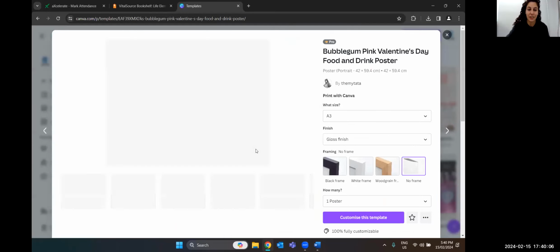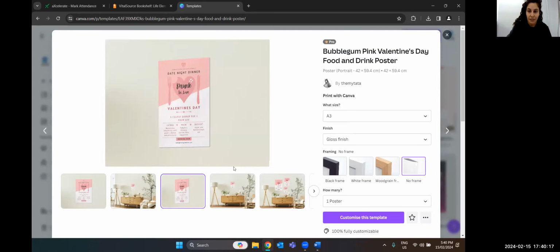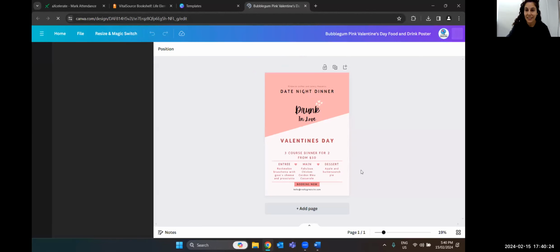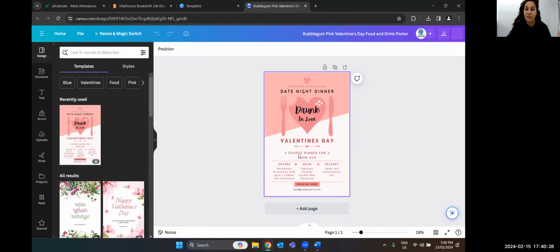So, for example, I'll show you some examples of events. So, this is a Valentine's Day poster. As we know, we just had Valentine's Day yesterday. So, you can imagine if you saw this poster somewhere and maybe you want to go, you want to take your special partner here. So you could see it says Valentine's Day. You can see the information that it has.